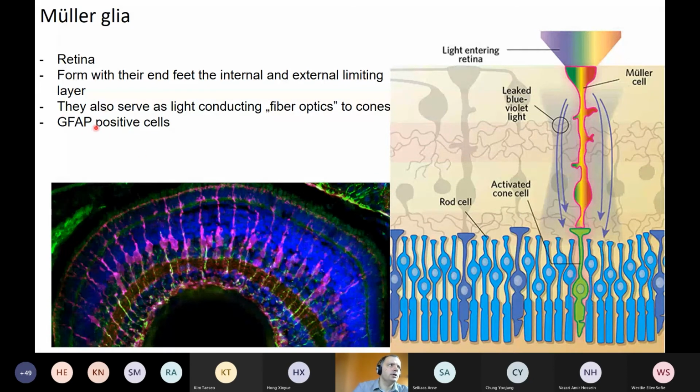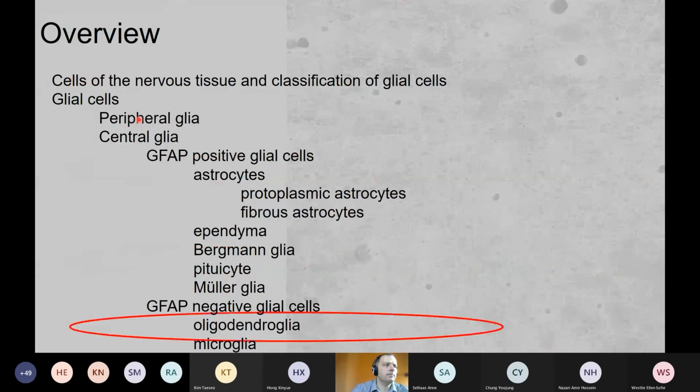They are also GFAP positive cells, but the retina is not new for you anymore. So when you review the retina, please make sure that there was also a specific kind of glial cell which has to be inserted into the classification of the glial cells. All right, we are done with the